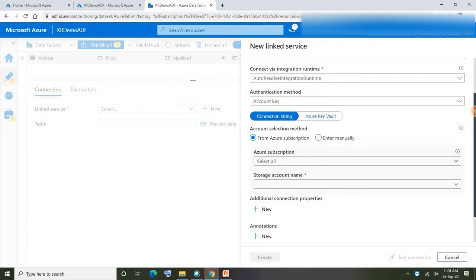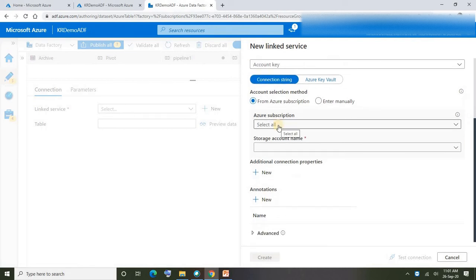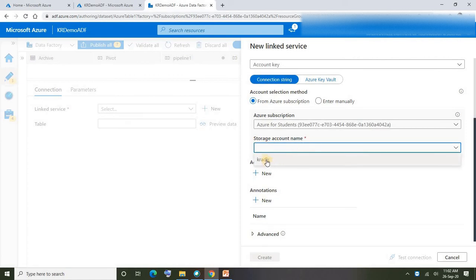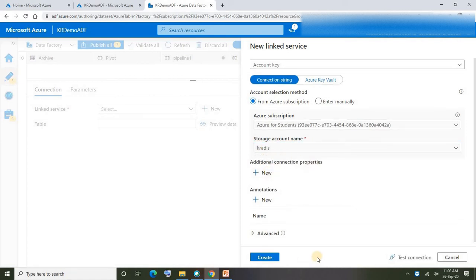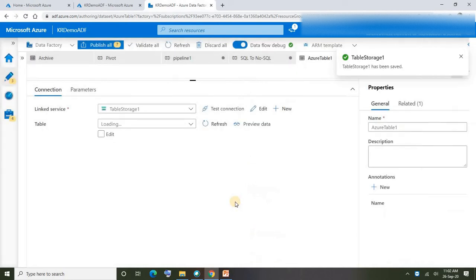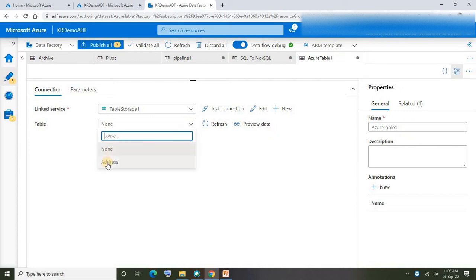Fine, then select the required subscription where our table storage is created. Then select the account name, that is KRADLS, the account which I just showed you guys. Say create. Fine, under that storage we have got table called address, right? Let me select the table.